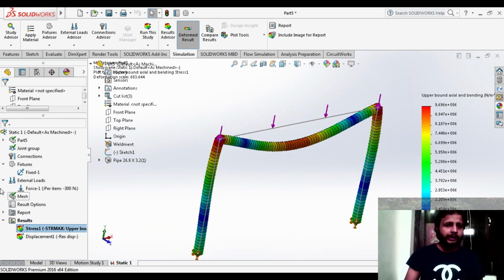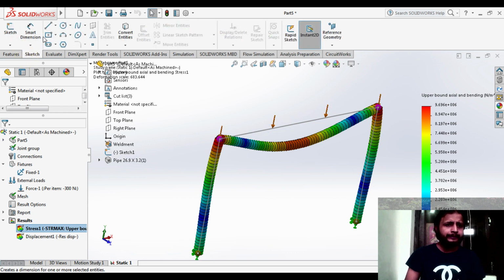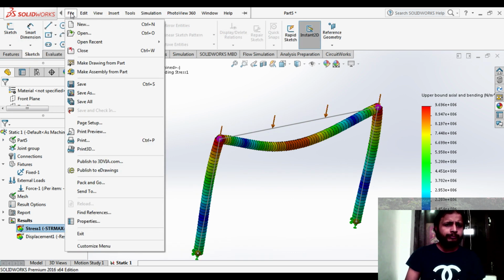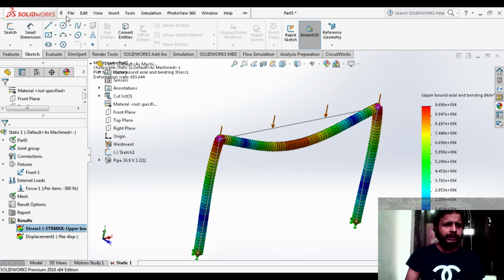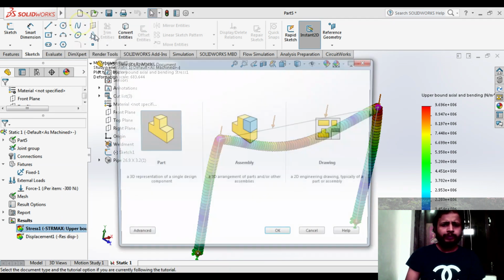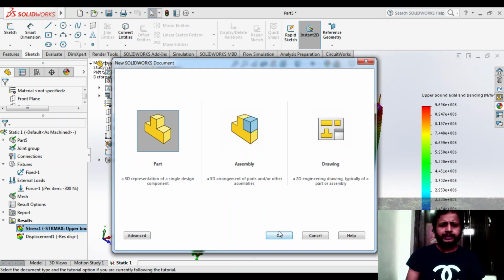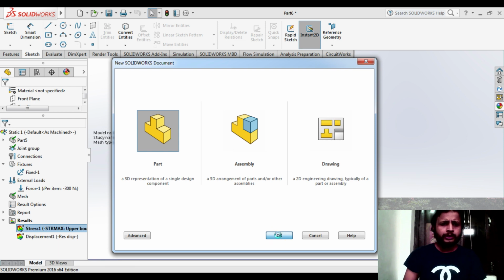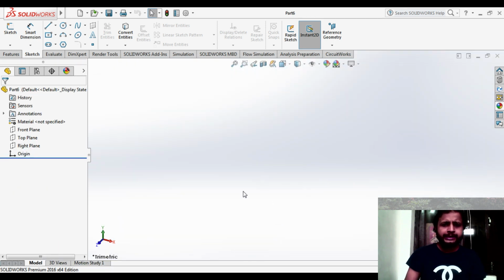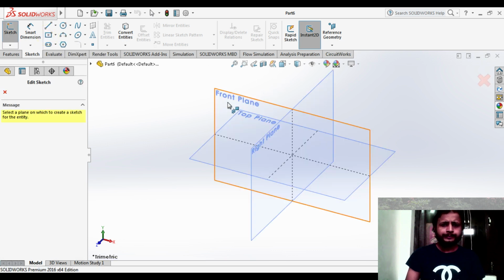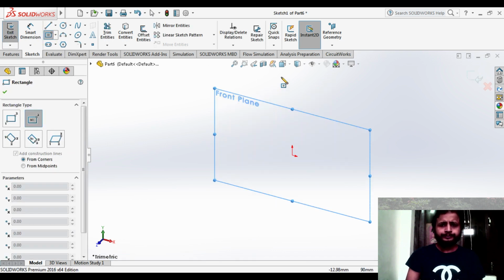So friends, now let's take another example. Just go into File, New file, and take another example so that you can revise it. I'm taking one rectangle here.